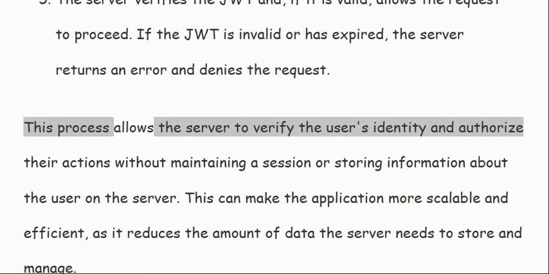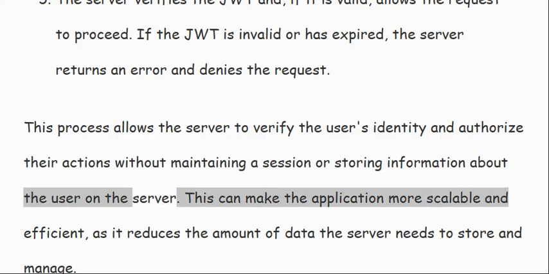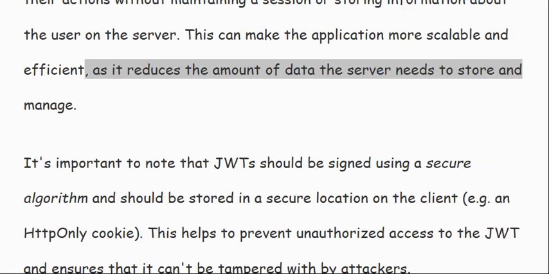This process allows the server to verify the user's identity and authorize their actions without maintaining a session or storing information about the user on the server. This can make the application more scalable and efficient, as it reduces the amount of data the server needs to store and manage.